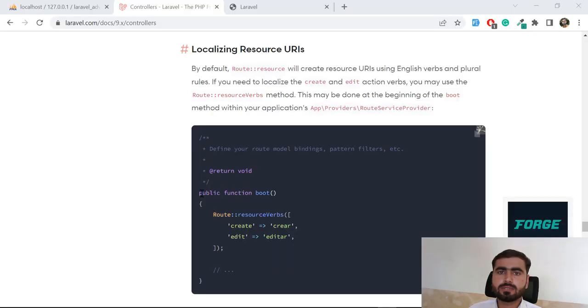Hello everyone. Today in this video we are going to change our route resource language. In this case, Laravel uses English verbs and plurals. If we type user, it will generate user/id, user/show and so on. But if we don't want to generate the resource route in English, and want to generate it in our Roman language,